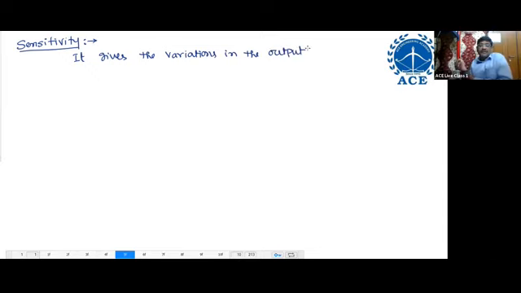Sensitivity gives the variations in the output due to change in